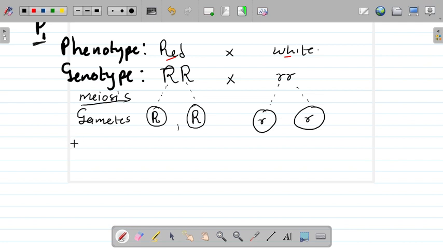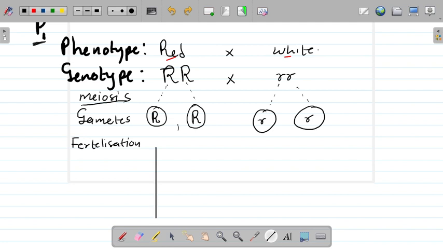Once we have the gametes, fertilization will take place. Mind you, all of this that I'm writing on the side, this is marks. You need to first give me the phenotype and genotype of the parent generation, then say meiosis took place. Meiosis takes place, and we have the different gametes being produced by meiosis. And then if there was mating involved, then there would be